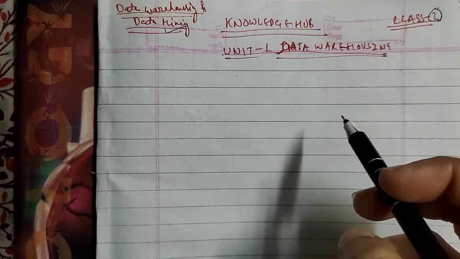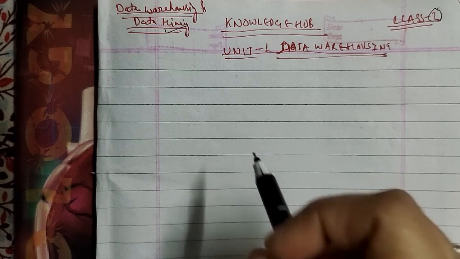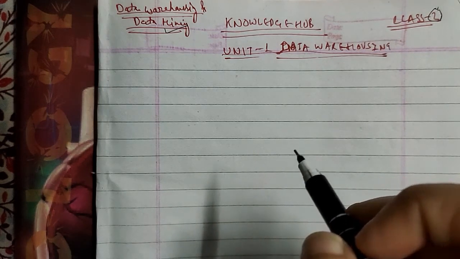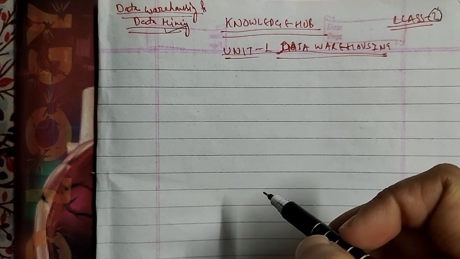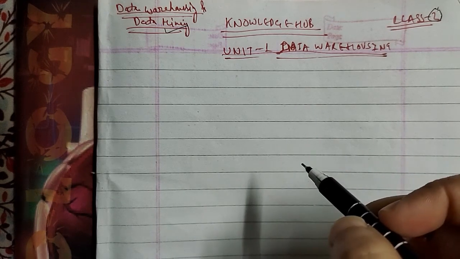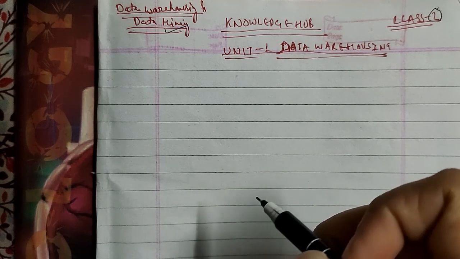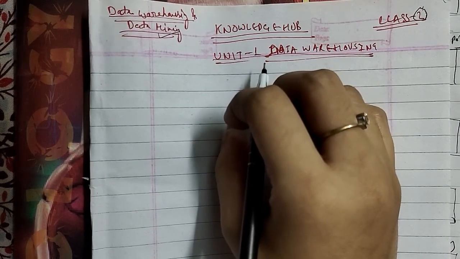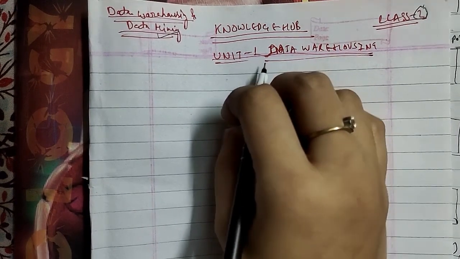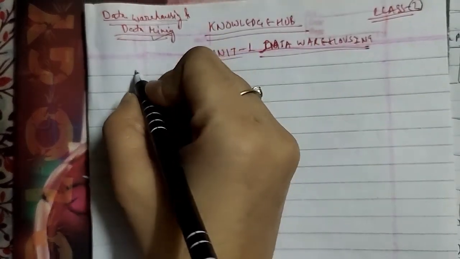And the last topic which we had discussed was the difference between OLAP and OLTP. We are doing data warehousing simultaneously with principles of programming languages, artificial intelligence, and computer graphics as well. We'll go ahead and continue. So now, the multi-dimensional data model is what we have to start with.